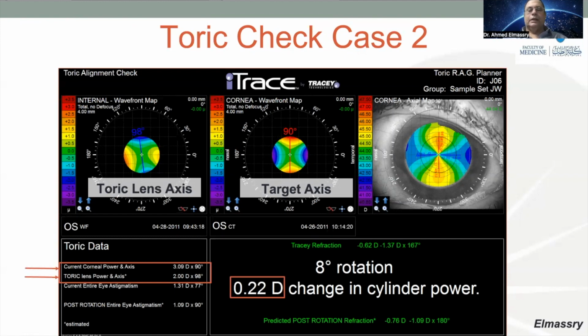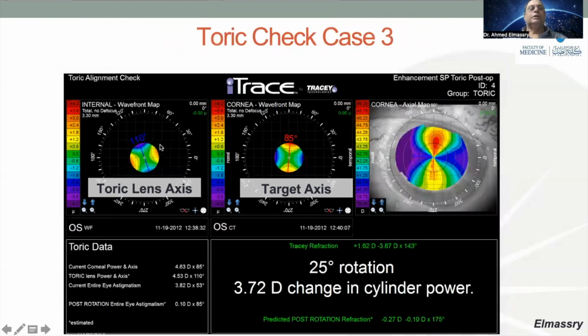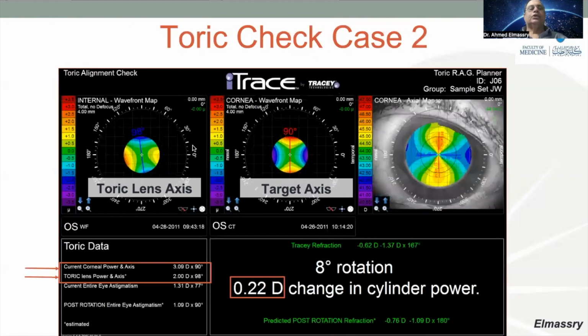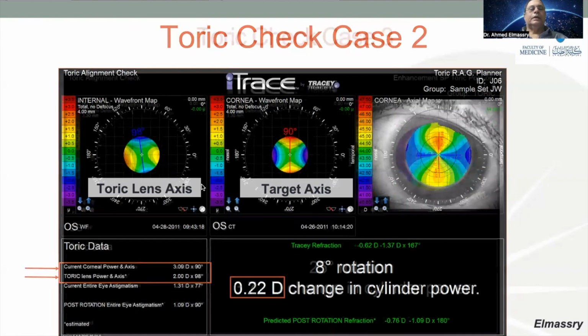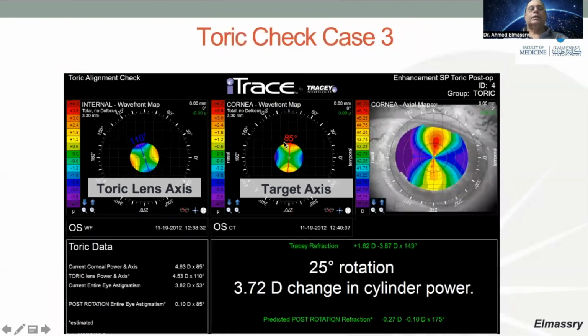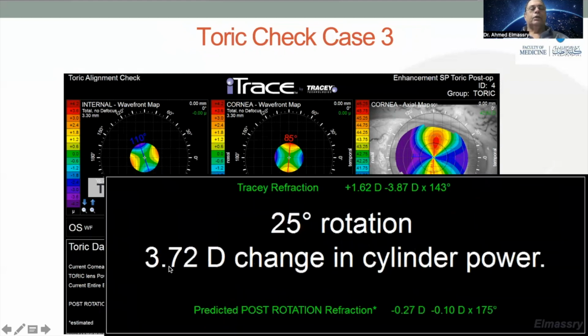But if the angle is increasing up to, for example, 25 degrees, here the planned axis is 110, and the actual target axis is 85. This big difference resulted in a 3.72 diopter change in the cylinder power. So you now have the refraction at +1 with -3 diopters, and the actual refraction should be -0.275 -1 to give better results. And this is the current corneal power axis and the toric lens power. So you have to change the IOL 25 degrees anti-clockwise